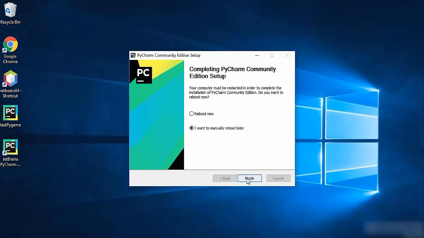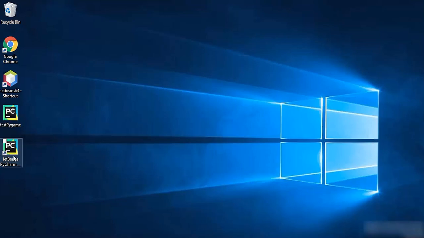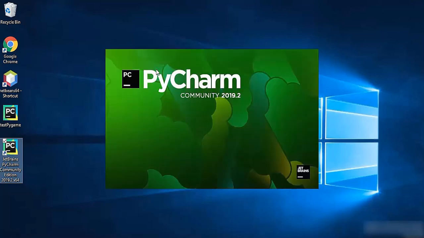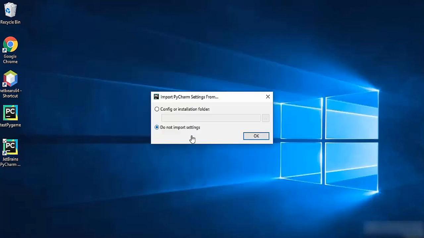So I'm going to just click on finish for now, and then you can see on your desktop this icon will be created. So I'm going to just click on this PyCharm Community version icon, and you can see this PyCharm IDE is starting, and the first window you will see here is import PyCharm settings from. So we don't have any previous version of PyCharm, so we will just leave it as do not import settings